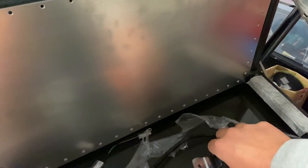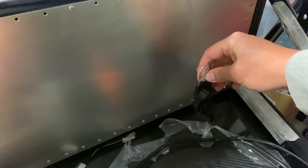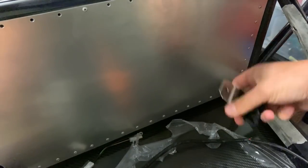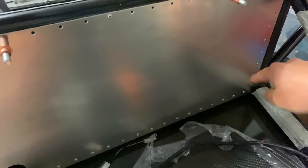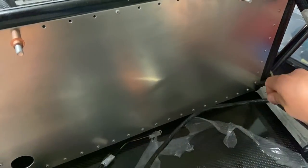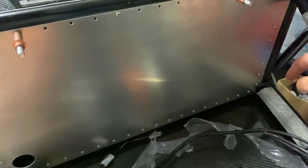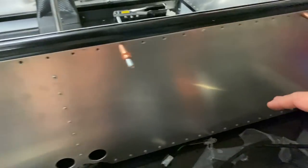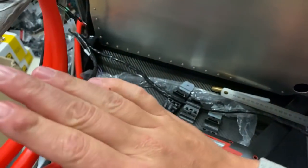Right, so as you can imagine, I'm sitting in the rear here where the motor's virtually going to be sitting, and we're going to be installing these clips here, which are going to retain the wiring loom that runs along the rear of the bulkhead, so I can zip it in there. The reason that I'm using these clips, particularly along this bottom section here, is I've got the factory loom that I've got to install, but I also want to be able to run my engine harness along the back here once I've built that to feed the coils that are going to be sitting on this side of the motor